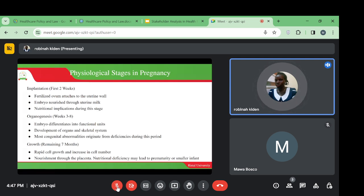So once it is implanted, it is no longer called the zygote, it is now called an embryo. So the fertilized ovum attaches to the uterine wall. Embryo nourishes through uterine milk. So as soon as it is attached to the uterine wall, which is now known as the decidua because of the high nutrients that are deposited in it, it is fed on the